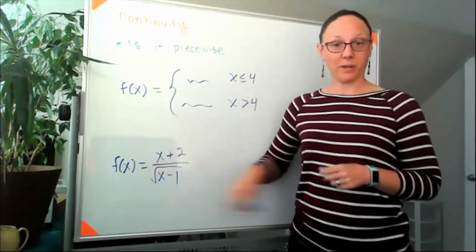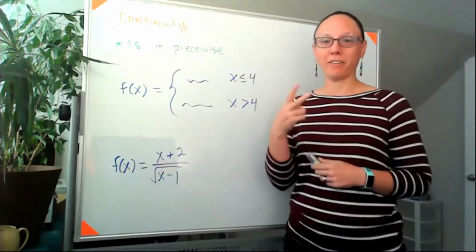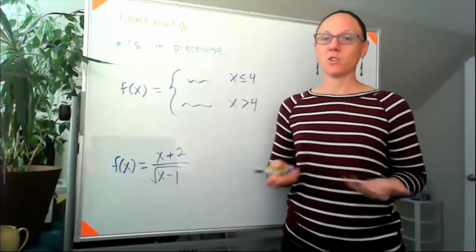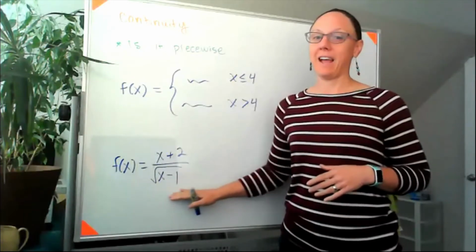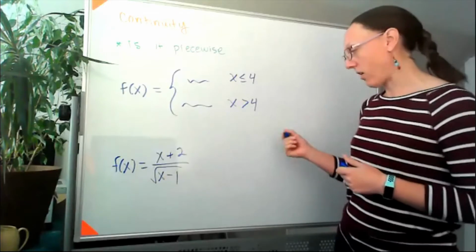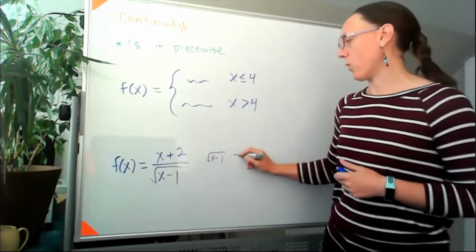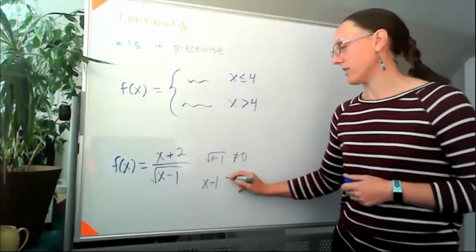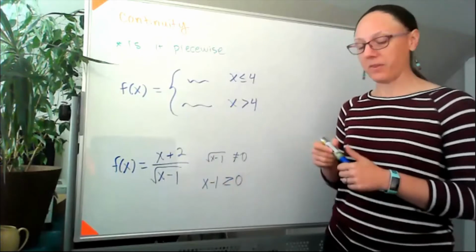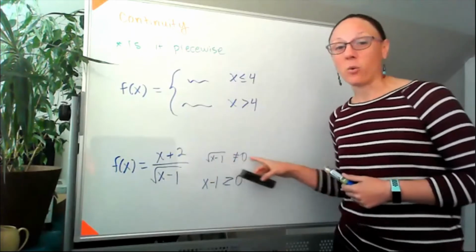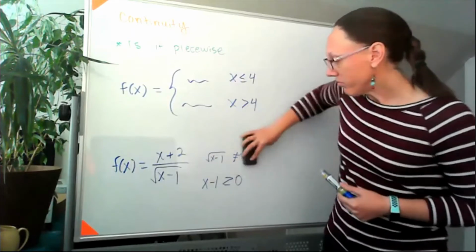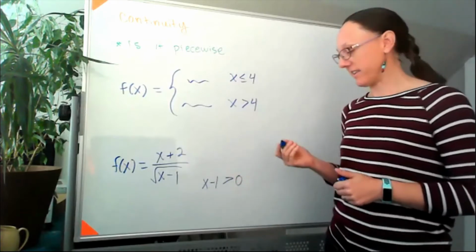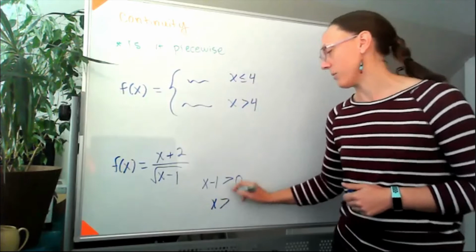So if I were asked for the domain of this function, I'd be looking at that and saying, oh, I've got two things I need to worry about. I have a denominator and I have a square root. So that denominator piece would tell me that I can't have the denominator be equal to 0. So I couldn't have x minus 1 be equal to 0. And then the square root piece would tell me that I need x minus 1 to be greater than or equal to 0. Taken together, since we know we can't have the equal to part, we could just summarize that as saying we need x minus 1 to be greater than 0, or that x has to be greater than